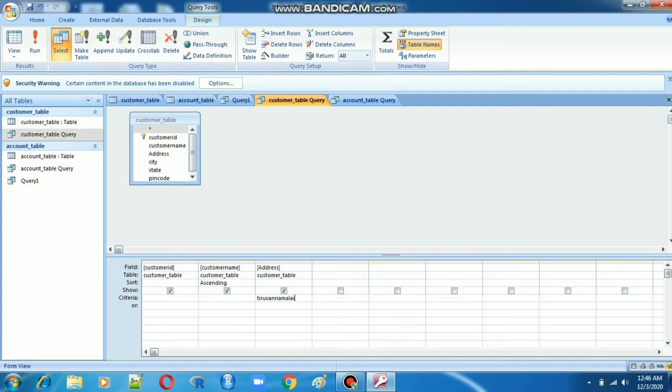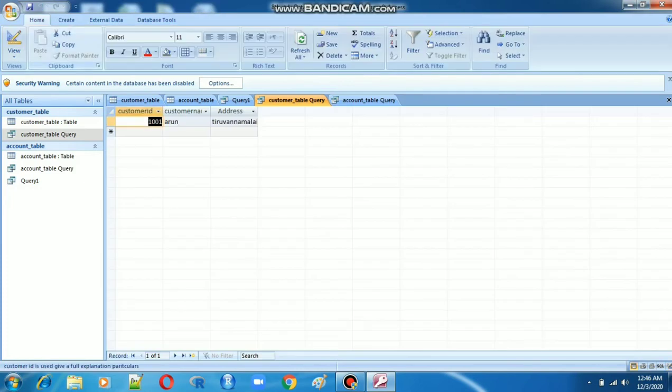I have to run. See here, only Thiruvannamalai address details are displaying in the customer table query. So this is the way to execute a query, any table query.